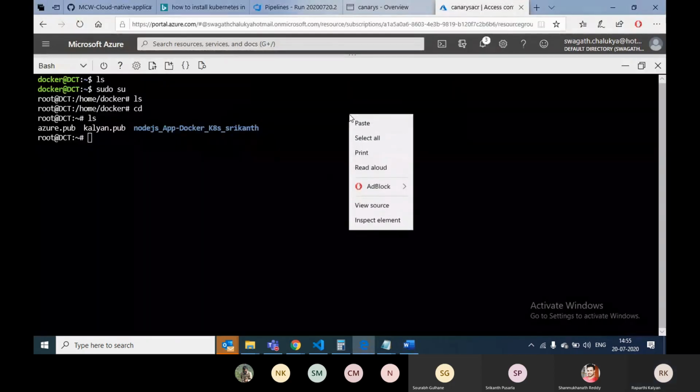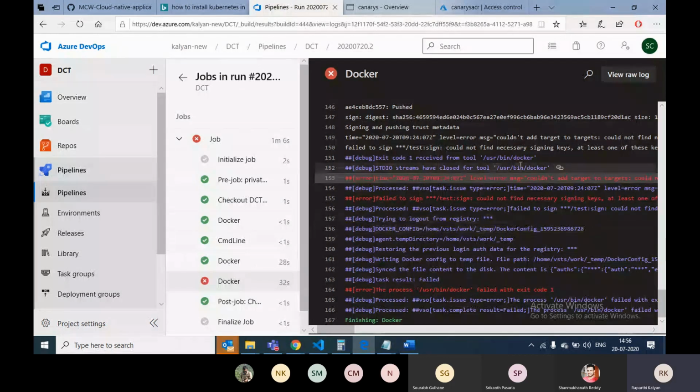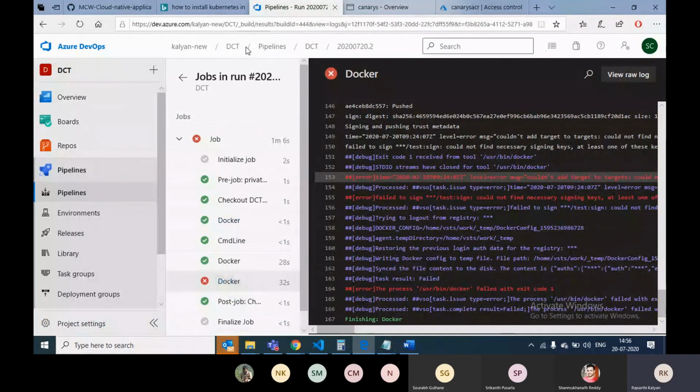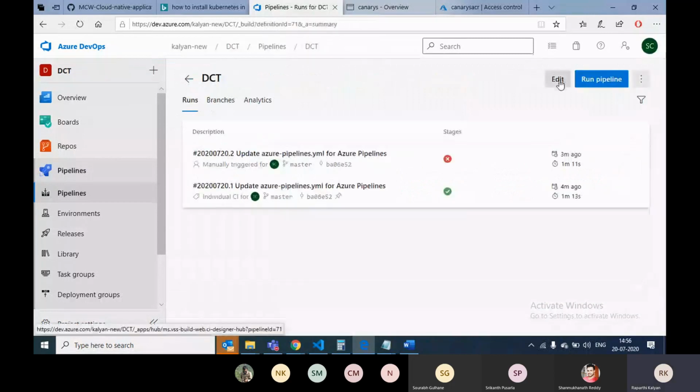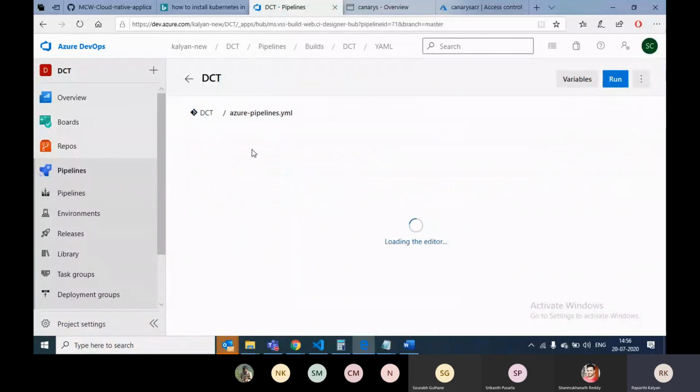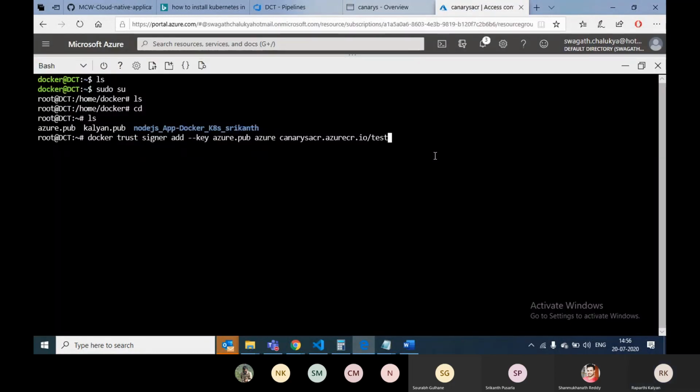I have to add this signer to the image repository of test. Okay, Docker trust signer.